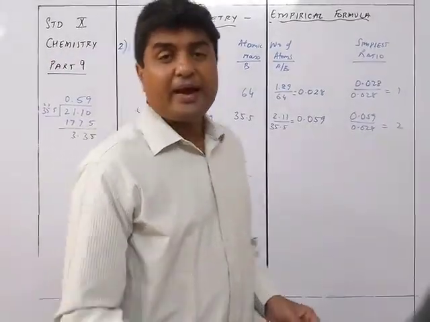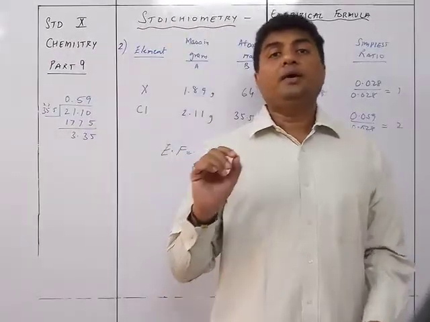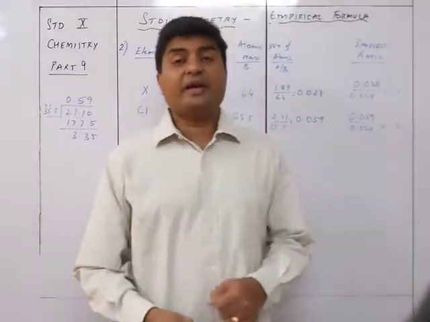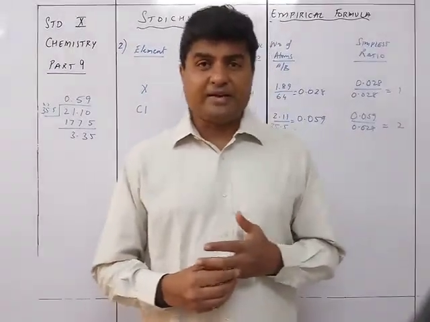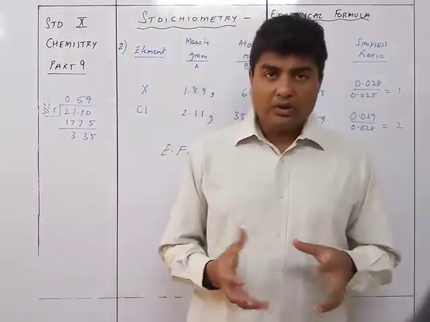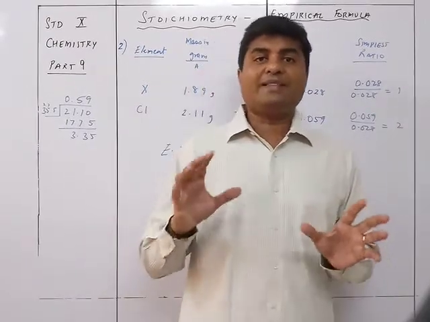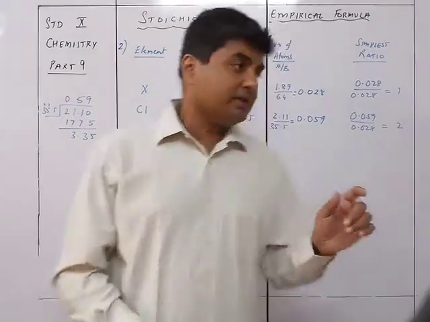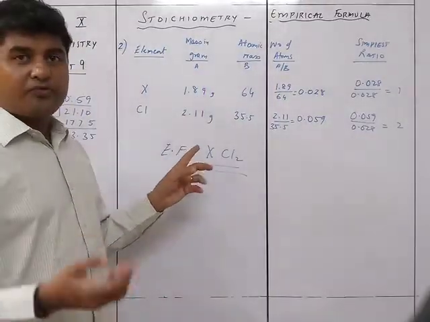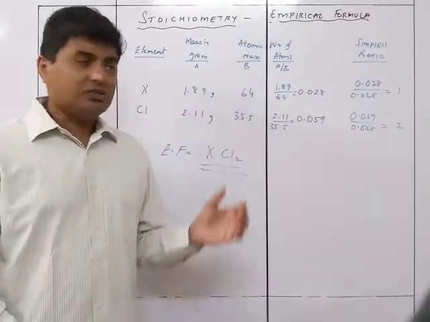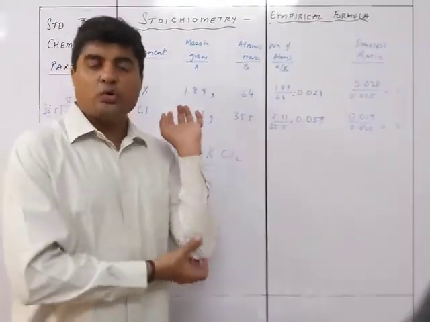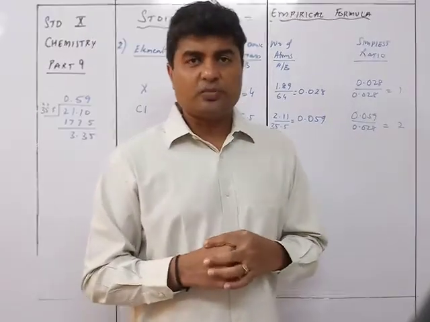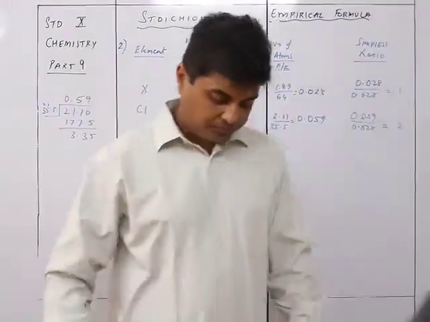So if they have not given you the percentage composition, but instead have given you the number of grams present in a particular compound, you will take that as the percentage itself. Because even if you find the percentage, this upon 4 and that upon 4, the ratio of the two comes out the same. So you don't need to find it out. When you know the grammage, it will be the same as percentage. So no need to find out the percentage composition separately for such things.